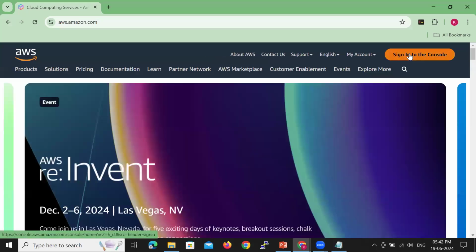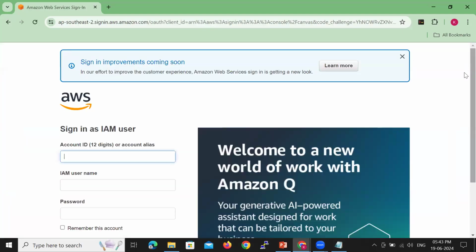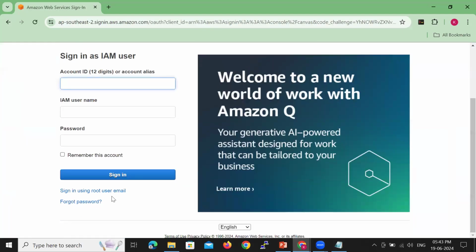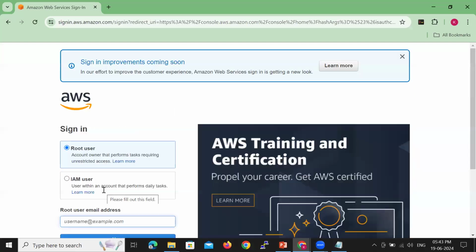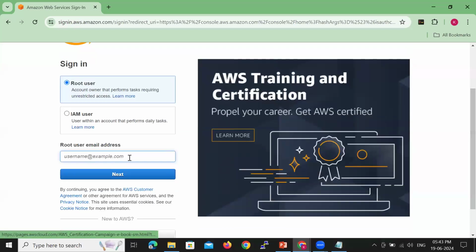Sign in to the console using the root user email address and login password.